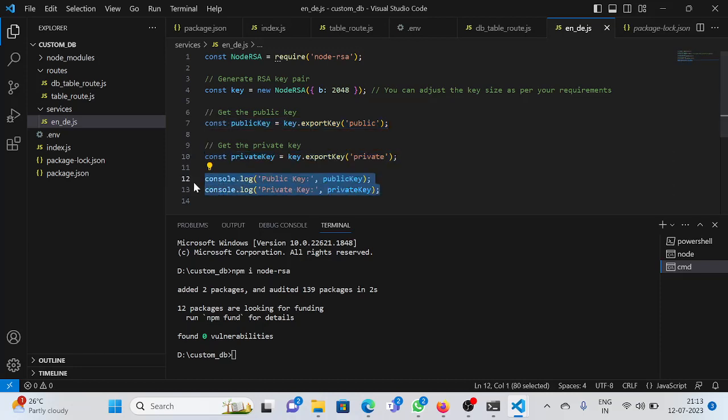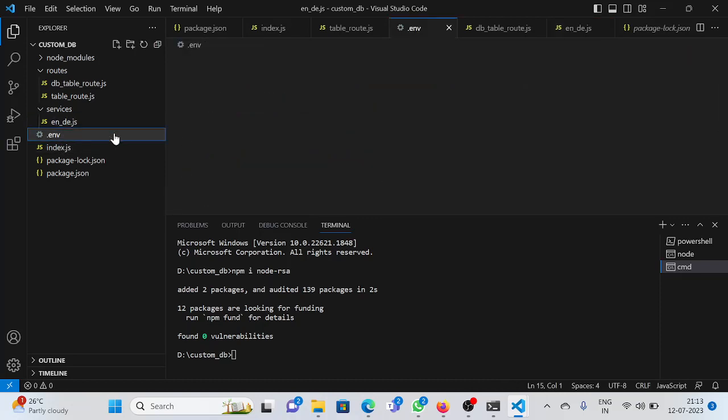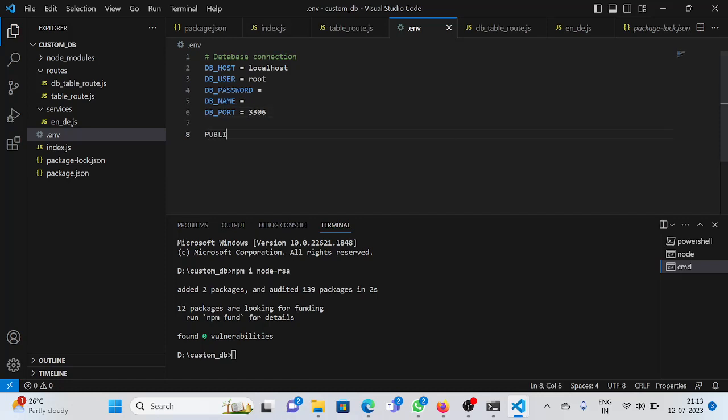Any problem, Maga? Irke bala. Yep. So here you can see I will add public key in the